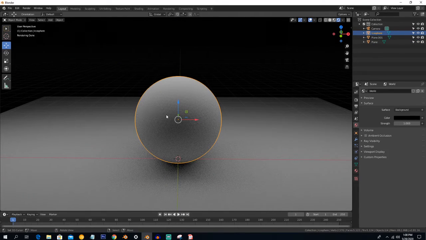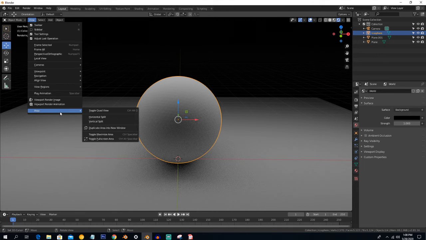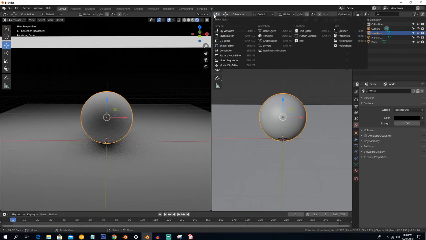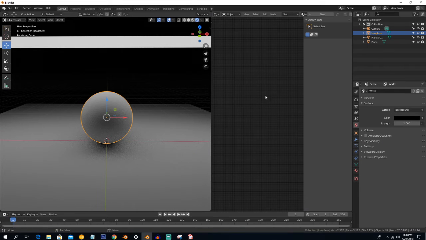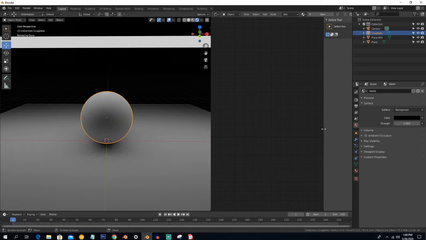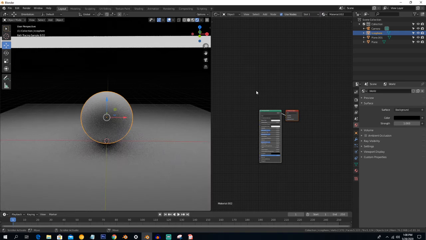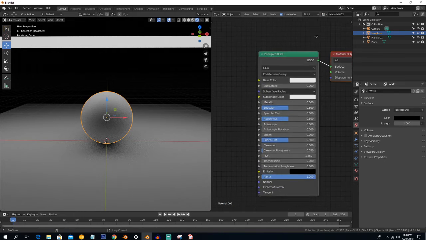Now we will create procedural texture from the beginning. So to split the window into half, go to the view option, go to the area and vertical split. Now just click anywhere and it will be split. Now select here the shader editor tab, and there are no nodes here right now because you don't select any. So just click here to select a new node.